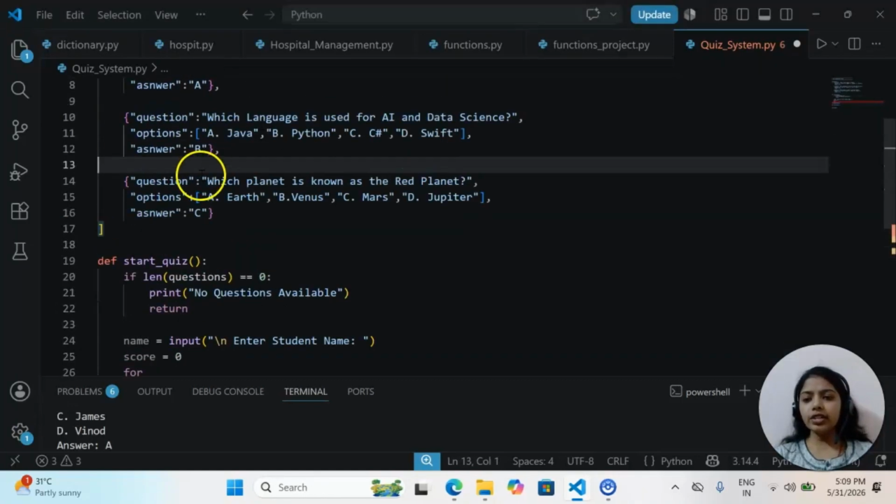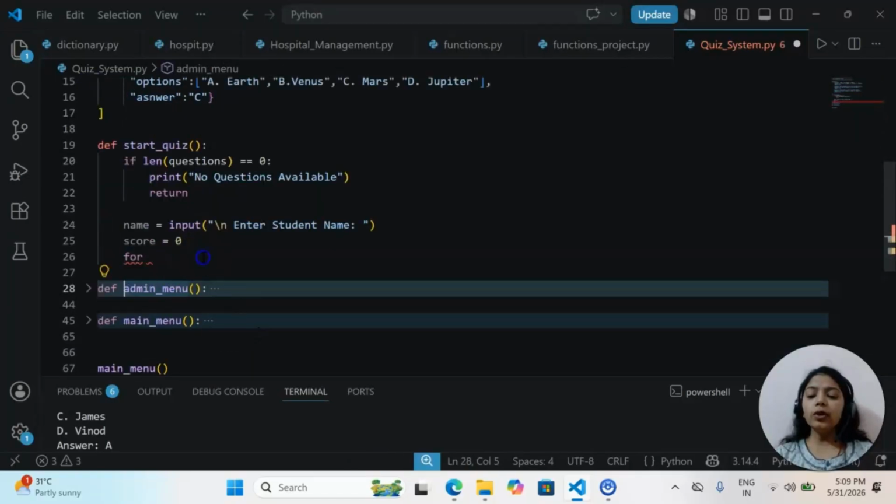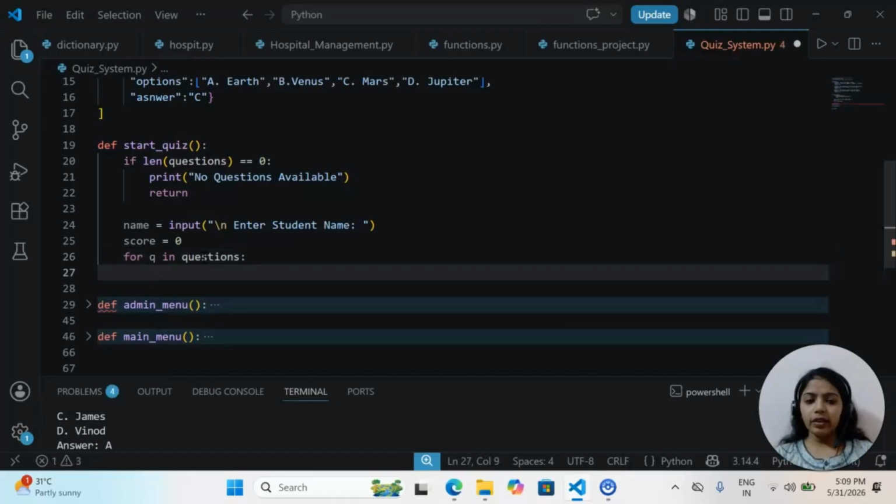We have this list now. This list contains 3 questions. We want to iterate over all these 3 questions. So we will be requiring a temporary variable. Let's say I'm taking Q in that questions list. Then what we will do is,